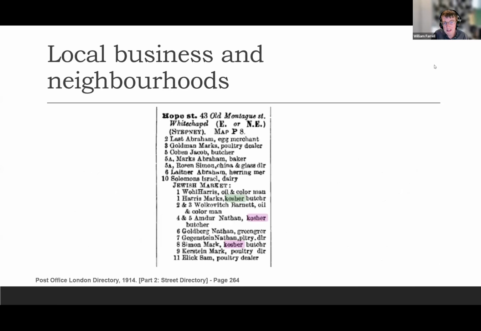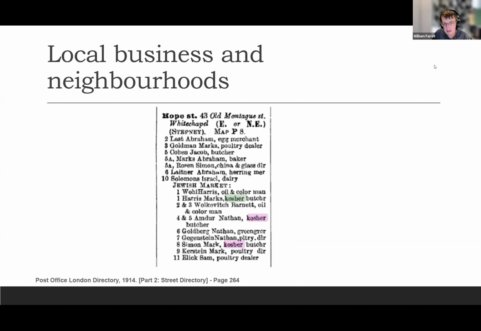They're very good for local businesses and for the local neighbourhood layouts. So this is a typical layout for the Post Office London directory, where you have these nice listings by street. So the heading of the street or the section of the street, and then who's living there. And these are quite good for getting a sense of the local area just by looking at them, really, because you get both the number of the house or the premises, and you get actually quite a nice mixture of local businesses, prominent people, if it was thought worth listing them, interesting or considered important amenities, in this case the market and who was dealing in the market,